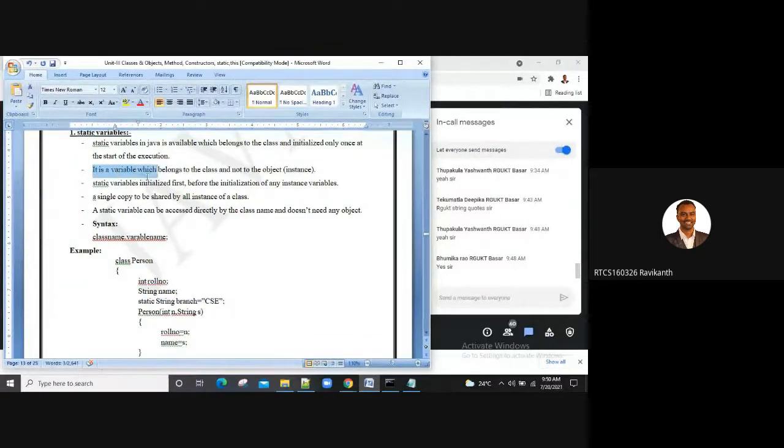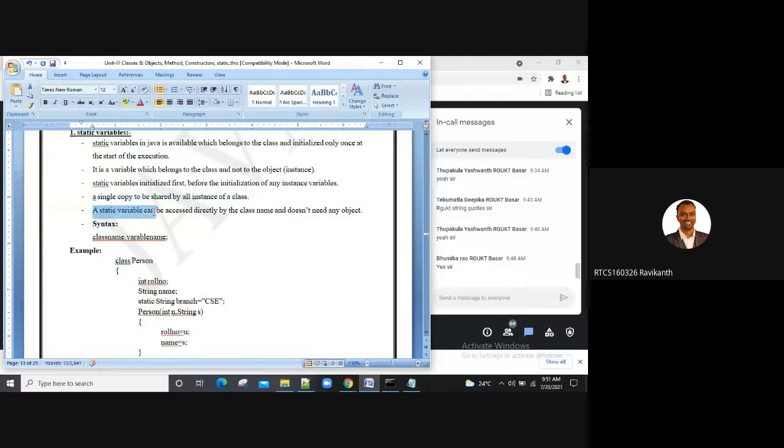It is a variable which belongs to the class and not to the object. Static variables are initialized first before the initialization of any other variables. A single copy is to be shared by all instances of a class, no multiple copies.